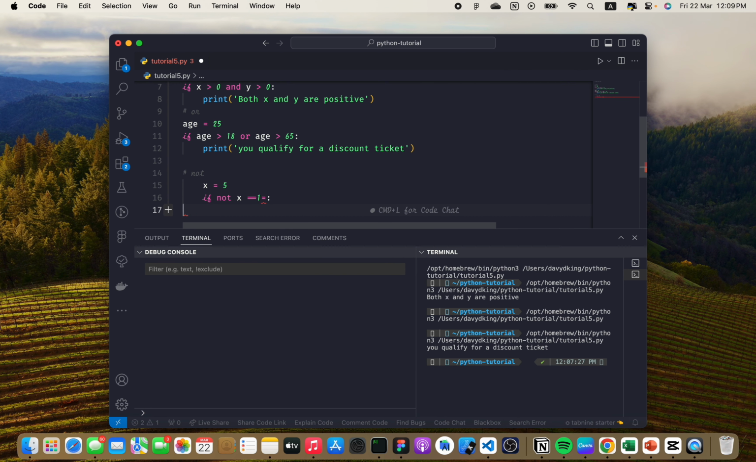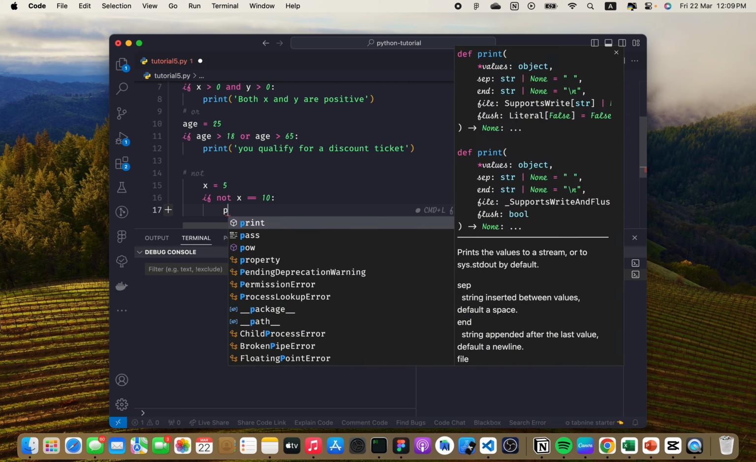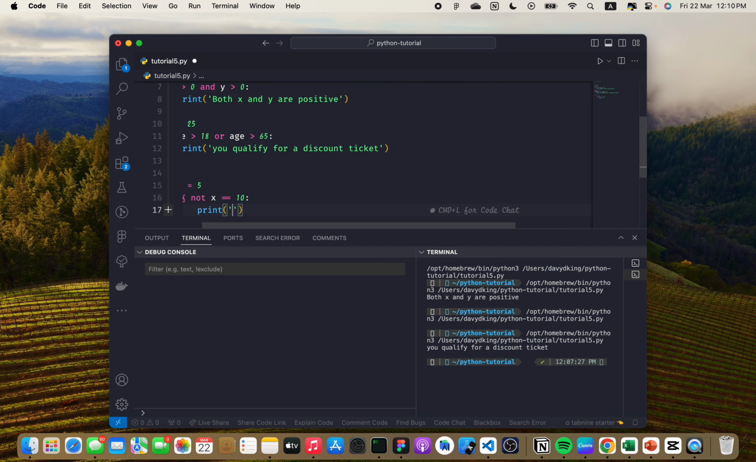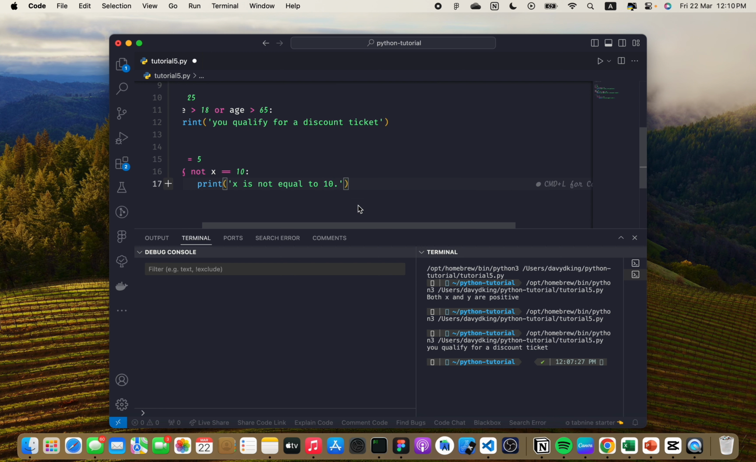print x is not equal to 10. So basically what this expression means is that if you look at this expression, x is equivalent to 10,